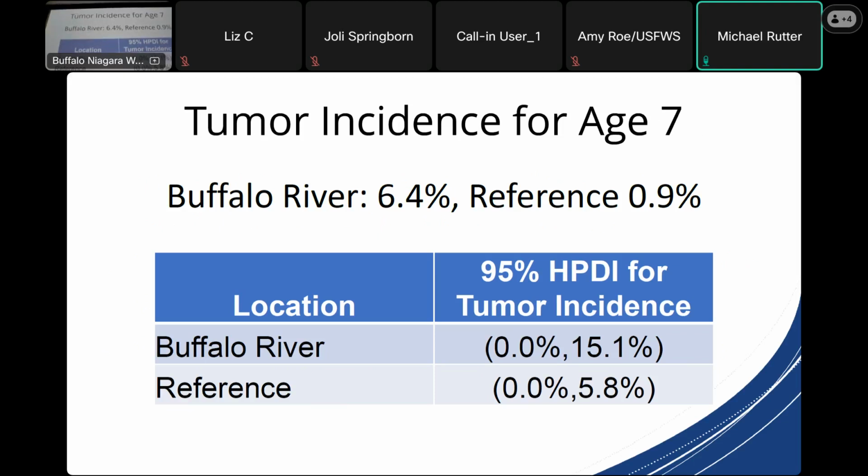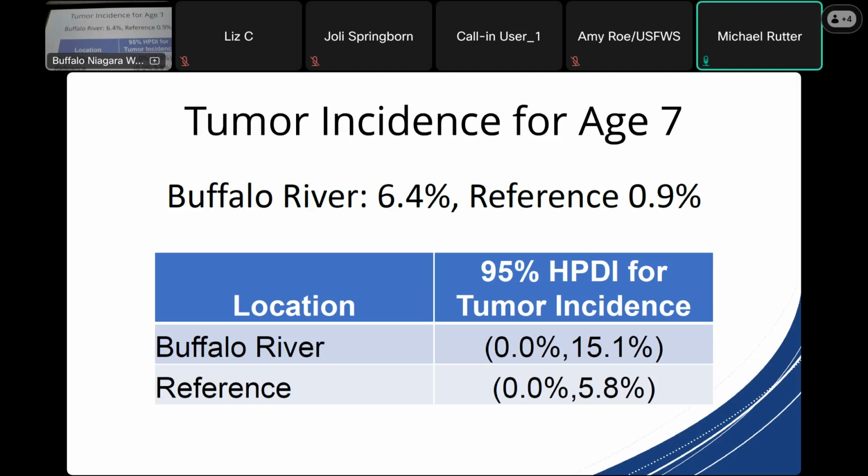However, you also have to include the uncertainty in those estimates, because every time you look at things like tumor rates, there is some level of uncertainty. Uncertainty comes just from the fact that there's random sampling involved, the fact that we have different age fish, and we're trying to account for that. And all that information together comes up with an estimate for what the uncertainty is. And so when you take that into account and you calculate a 95%